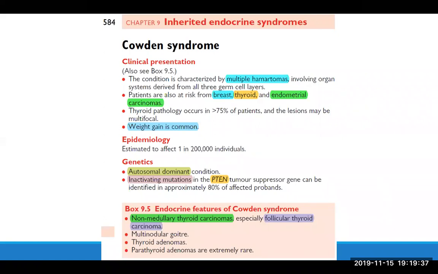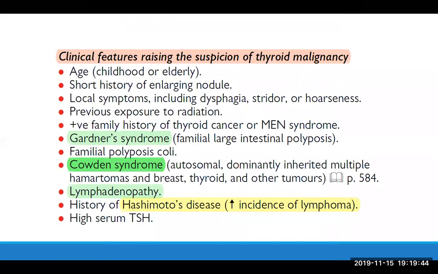In exams, they favor syndromes and rarities. Another clinical feature that increases the risk of malignancy is lymphadenopathy, especially if there is a loss of the hilum. A history of Hashimoto disease increases the risk of lymphoma, and of course with elevated TSH, we must suspect it may be